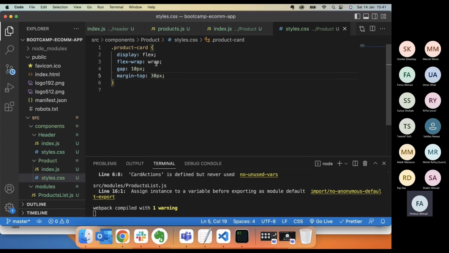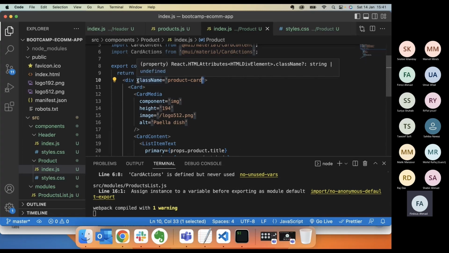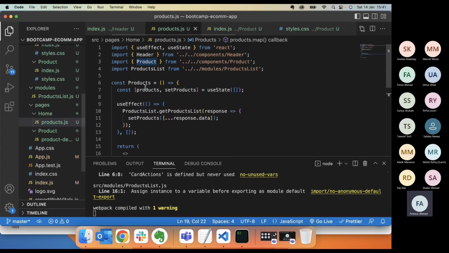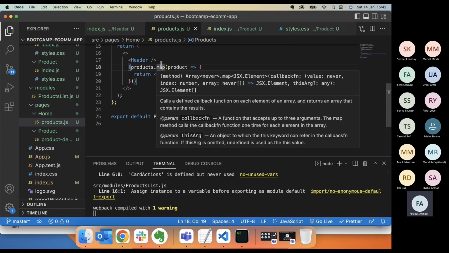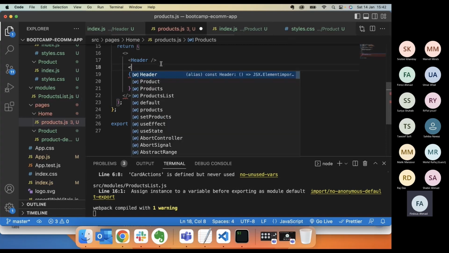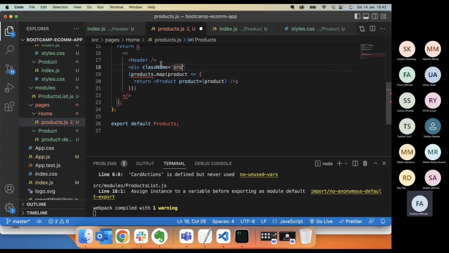Okay, now let's see what happens. Okay, so I'm adding this to this one. Okay, I think this is not the right place to add this display flex, because it should have been added here. All these elements will get rendered ना, तो मैं यहाँ पे इसको यहाँ पे render कर रहा हूँ. Okay, I'm going to add a div here, and I'm going to add class name equal to product cards. Okay, I'm going to change it. Let me copy this and paste this. Okay, because display flex